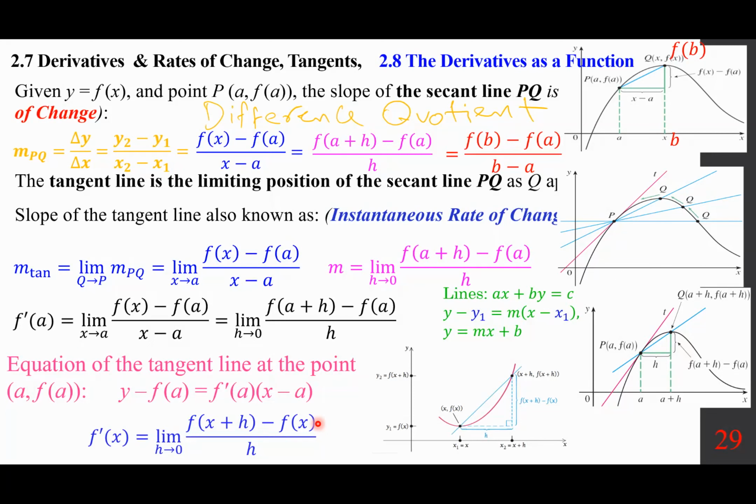And if you decide to use that, you have to keep the a at a and do not change it. And when you're done, it becomes f prime of a, and you change the a to x. But we will look at both definitions. But for now,